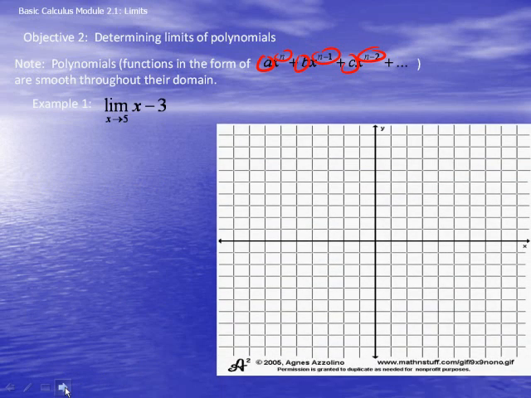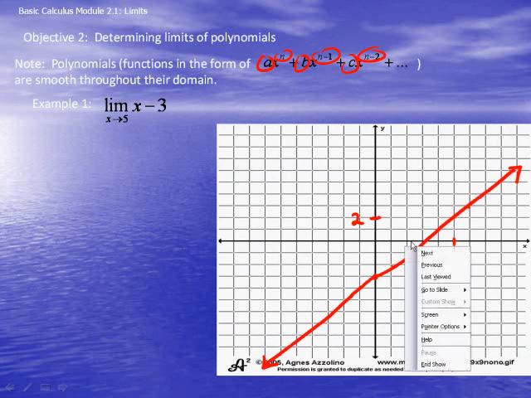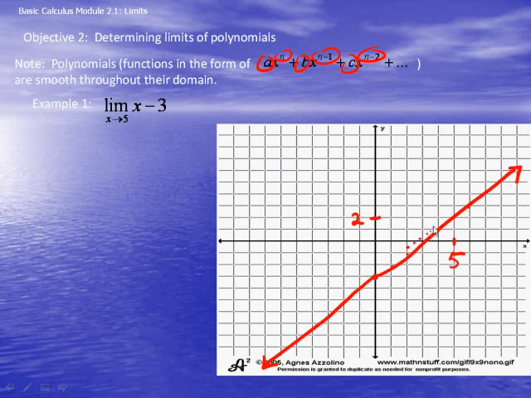Okay, let's look at example 1, where we're looking at the limit of x minus 3 as x approaches 5. So we're going to be looking as x approaches 5 from both sides. Now in this function, as we approach 5 from the negative side, we're heading toward height 2. And notice as we approach 5 from the right-hand side, or the positive side, we're also arriving at height 2. So, since it works from both sides, we know that the limit as x approaches 5 of x minus 3